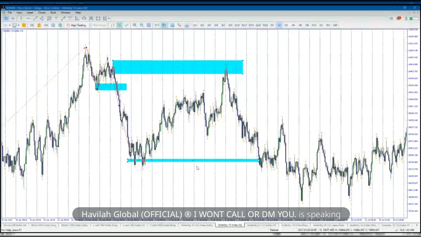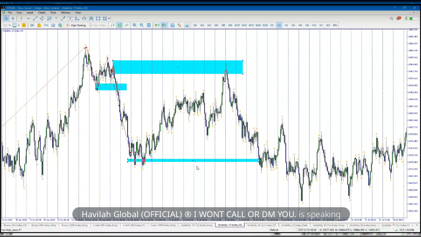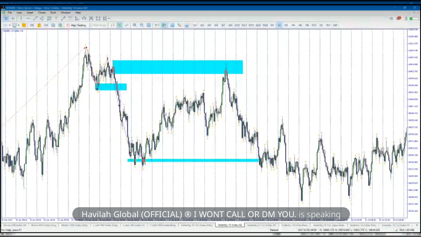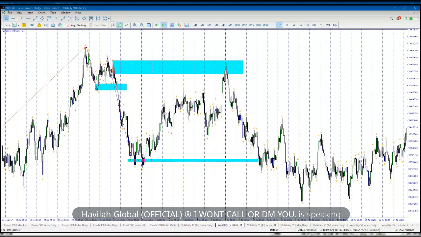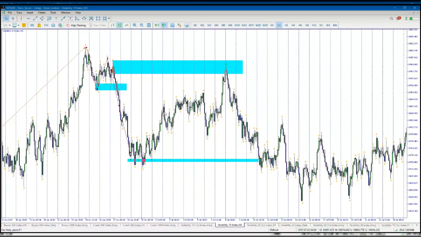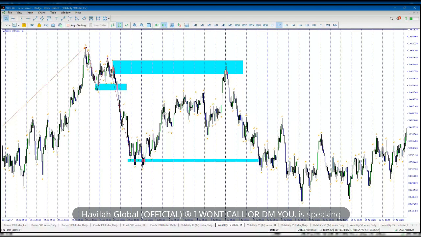But using our checklist, you can see that the only thing you need now is the confidence to place your trade and leave it. That's the only thing you need now: the confidence to place your trade and leave it.